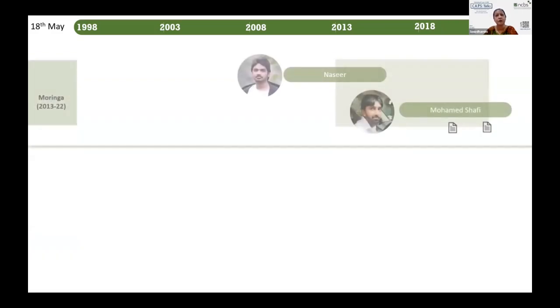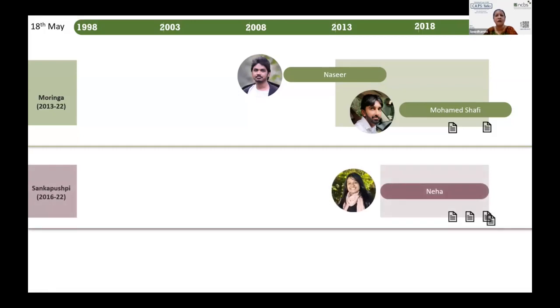And the second part of the medicinal plants, which we presented the following week on the 18th of May, was describing our efforts on Moringa. Actually, it started along with Tulsi, and it went on because in between some of the Chinese groups also solved the genome assembly, and therefore we incorporated and redid some of our calculations. Plus the fact that we were comparing the Moringa oleifera with the wild Moringa, and that is the second part of the story, which was presented by Shafi, and Nasir presented the first part,